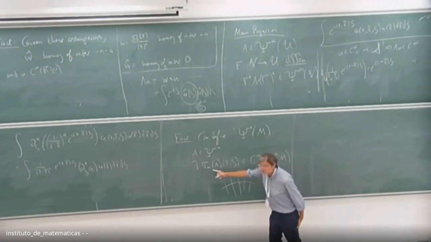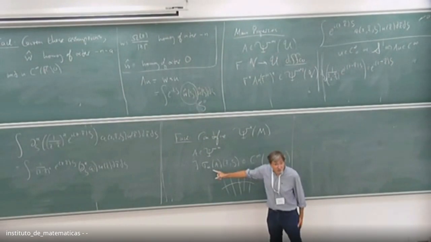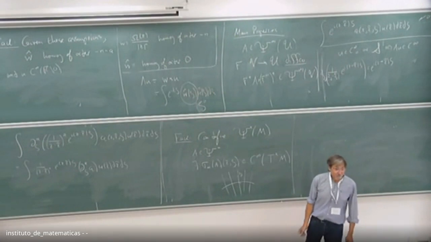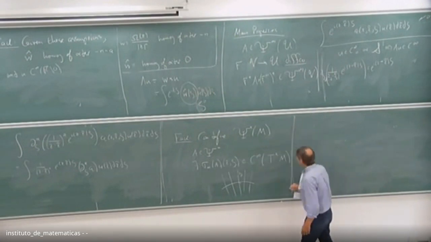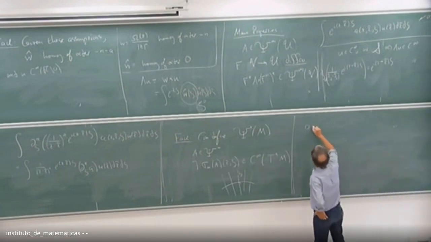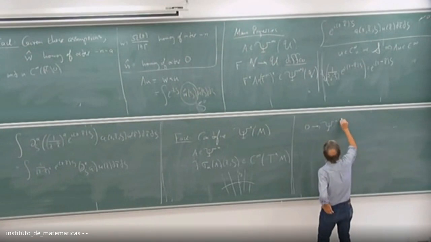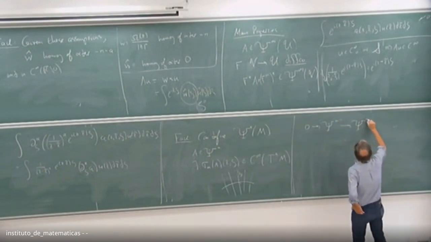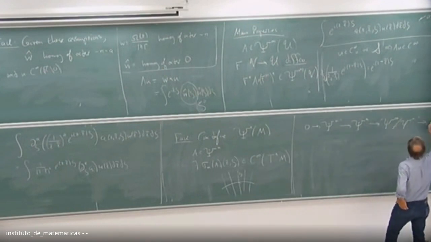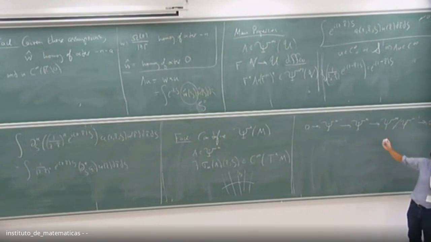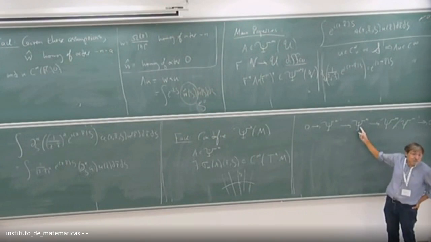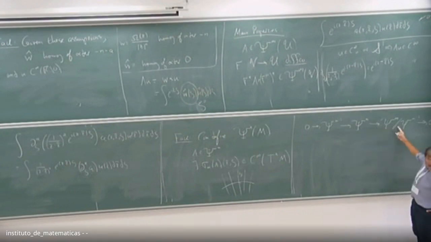Now I wrote the sigma sub m, and the point is that it's not completely well-defined, simply because I get a lot of junk terms when I change variables. So I'm going to do some algebra now. I'm going to write down a short exact sequence. Here's a crucial fact: psi sub m minus 1 maps to psi sub m, which maps to psi sub m modulo psi sub m minus 1. All this means is that any operator of order m minus 1 is an operator of order m by default, and this is the quotient algebra.